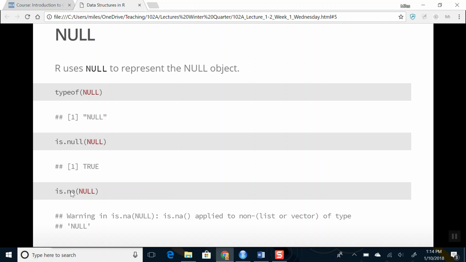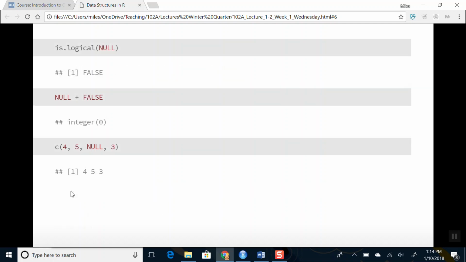If I didn't collect someone's age information, I would say the person's age is a missing value. It exists, I just don't have that information. The null is used kind of like this thing doesn't exist, and we would not really use that in terms of data collection. It's a